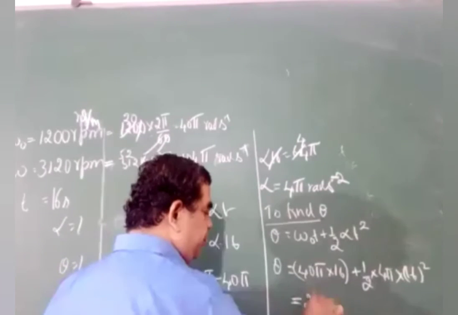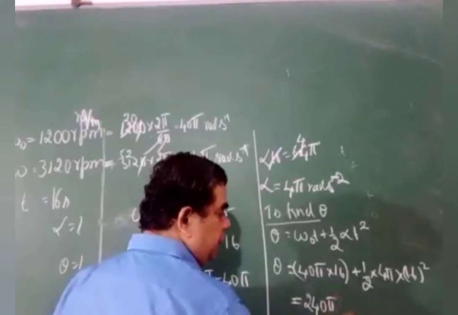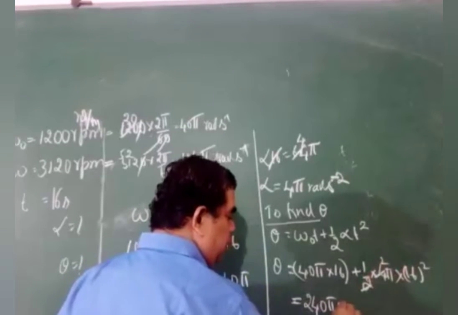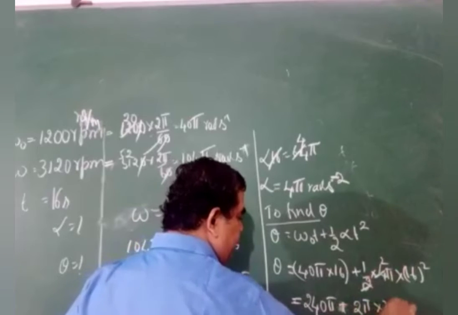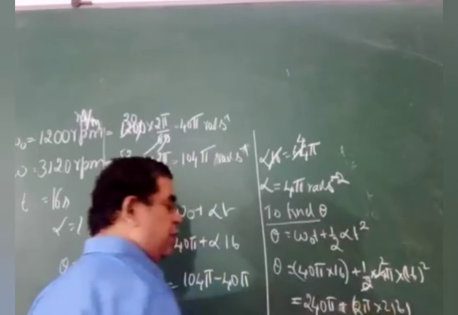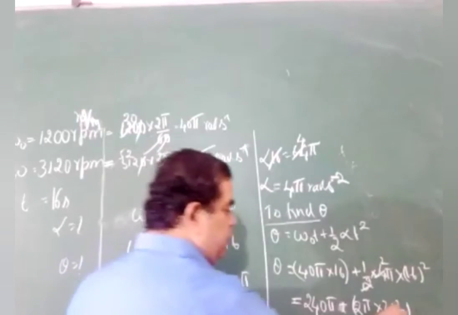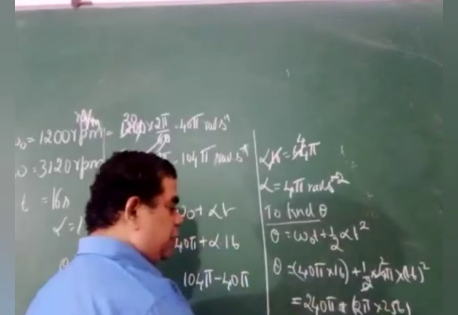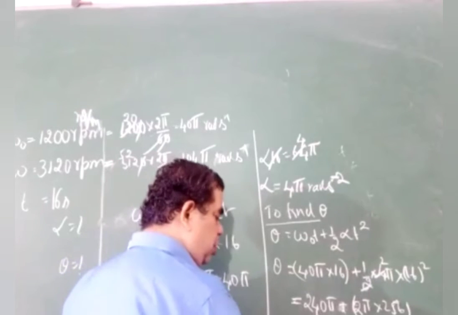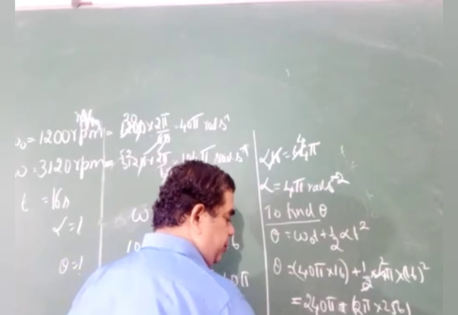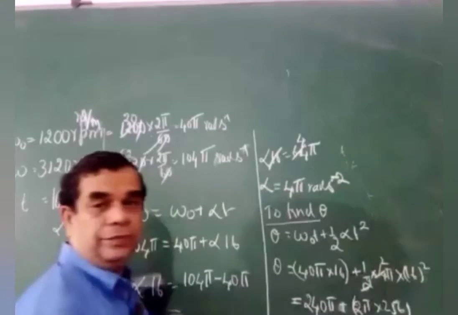So this is 240 pi. This amounts to 240 pi plus 2 pi into 256. How much do you get? 16 square is 256. Get me the final answer for this, keeping pi as it is. 512, observe, 240 pi plus